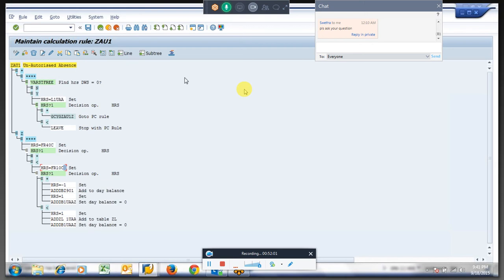Because for unauthorized absence, if there is no attendance or absence record, from 2006 through configuration we can reduce instead of directly reducing in the PCR. You want to update absence? Is it possible to update an absence type through PCR? No, no, 0% not possible. Okay, 100% not possible.